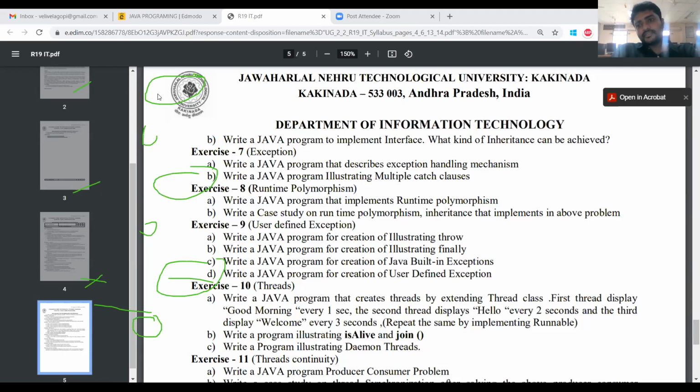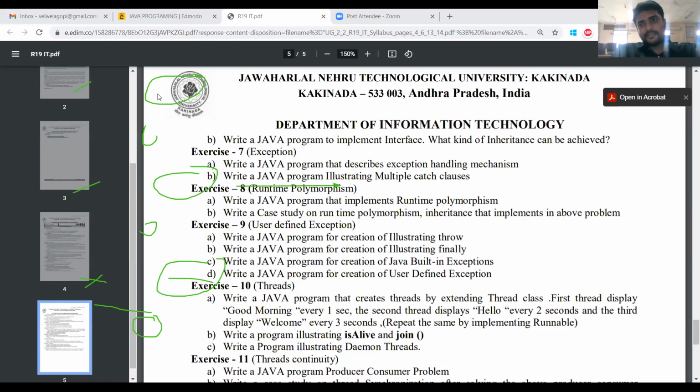So this type of inheritance is known as... not multi-level.